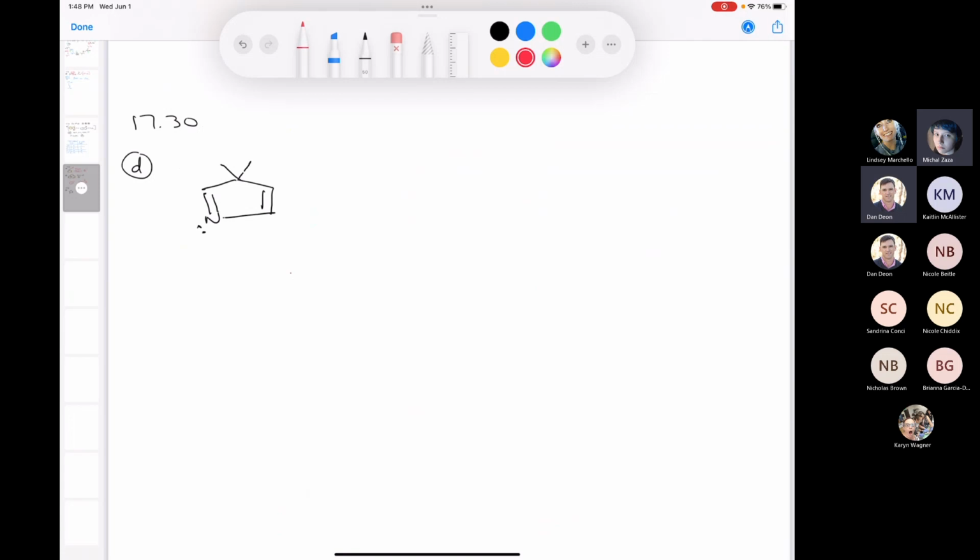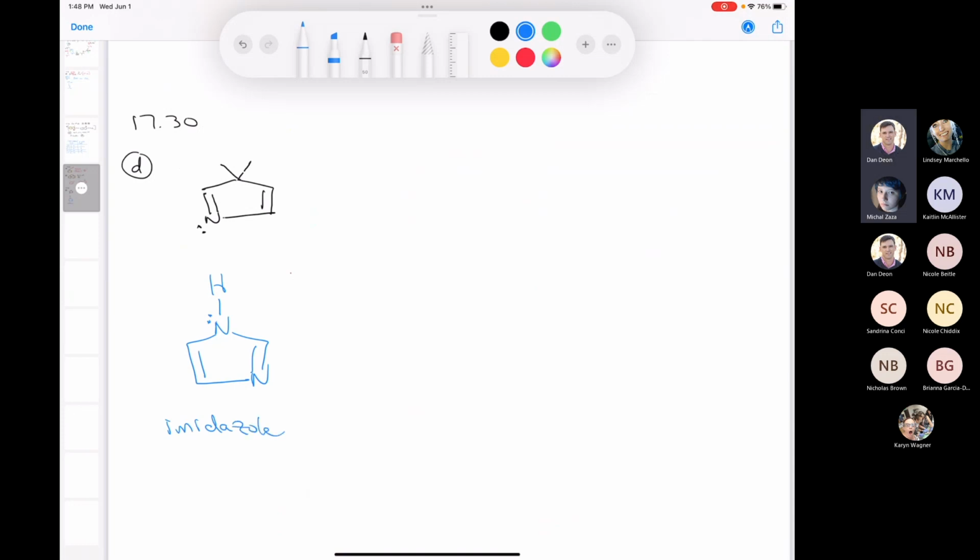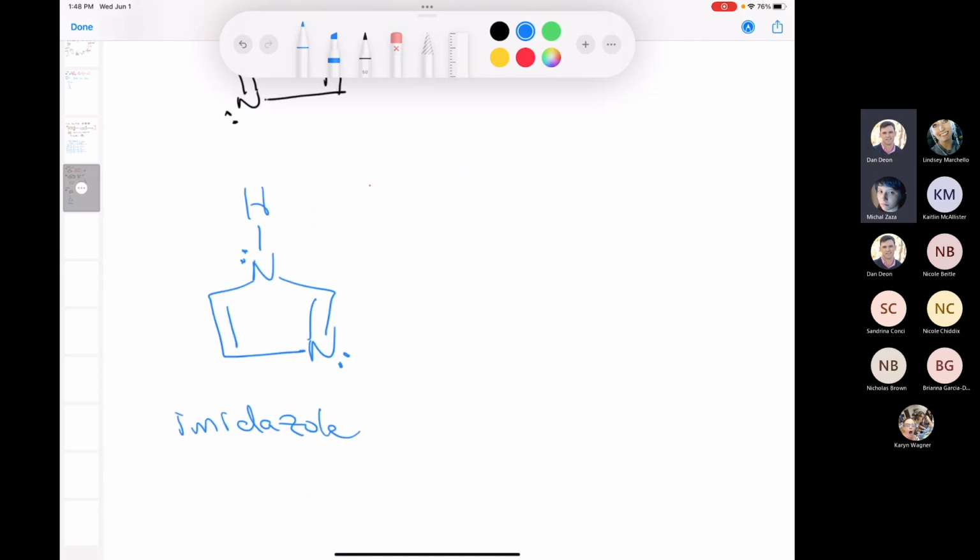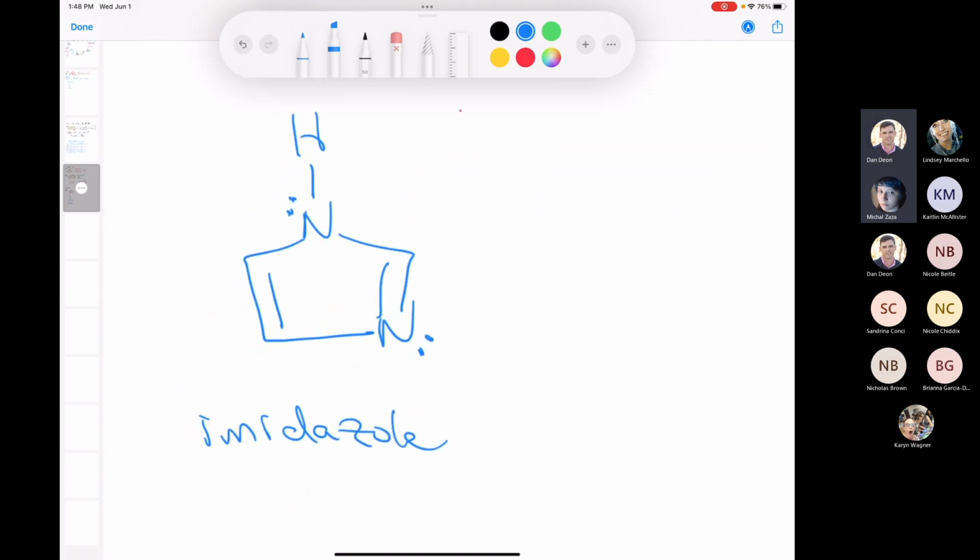So something like this. Yep. So this is imidazole. Imidazole is a very common ring that's found in aromatic compounds. If you look at this compound, you have 4 pi electrons in the double bond, and then we have this lone pair which is not participating in aromaticity. That pair is localized. That's something that we went over in Organic Chemistry 1, why that is localized, because